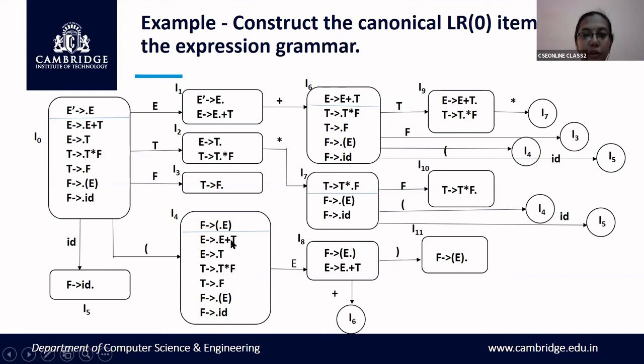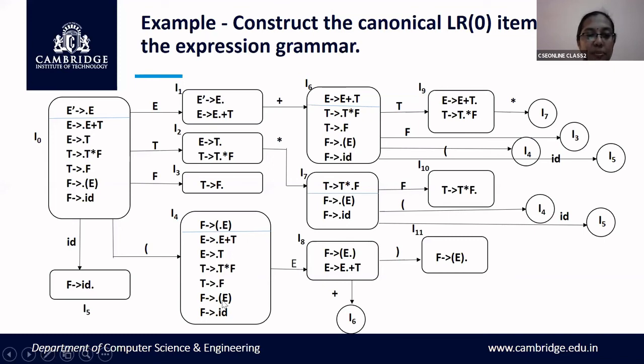Coming back to I4, we have only taken the transition on input symbol E. Now if I take a transition on input symbol T, which state will I be moving to? On input symbol T, am I not getting the same productions as that of I2? Yes. On input symbol T, I will be getting the same state as that of I2. And on input symbol F,